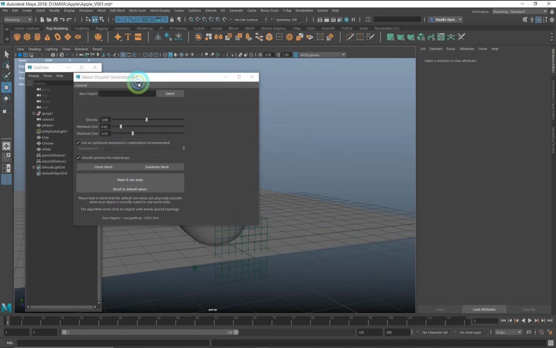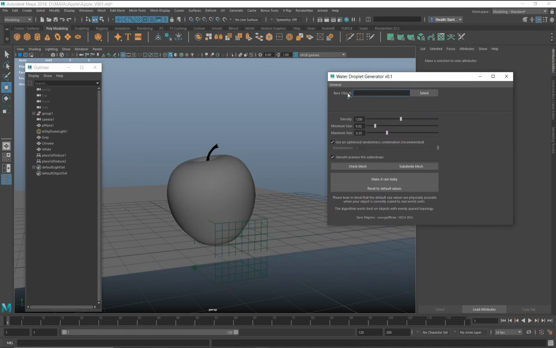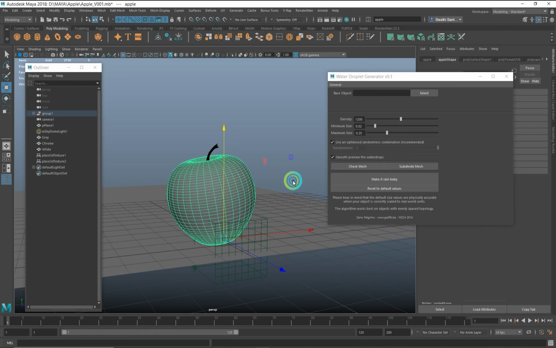Now we get this water droplet generator window, and on the base object we can select the apple and click on select, so the surface gets selected. And here we can adjust the settings on density, minimum size, maximum size.